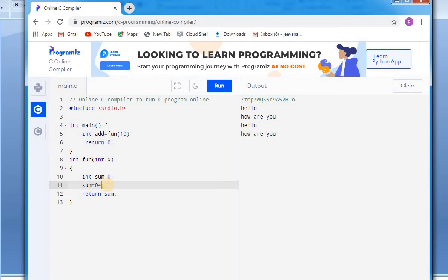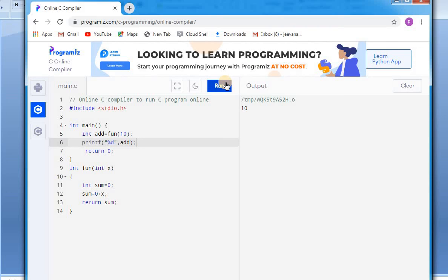So let us declare a value that is a here, x. Now printf %d comma add. I'll run this, so my output will be 10.